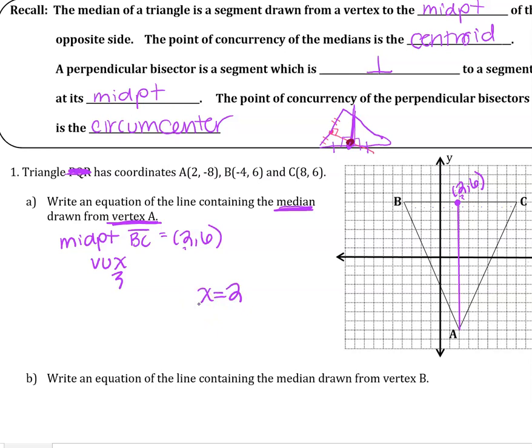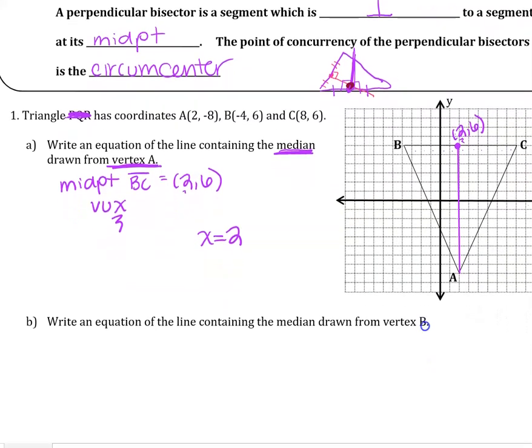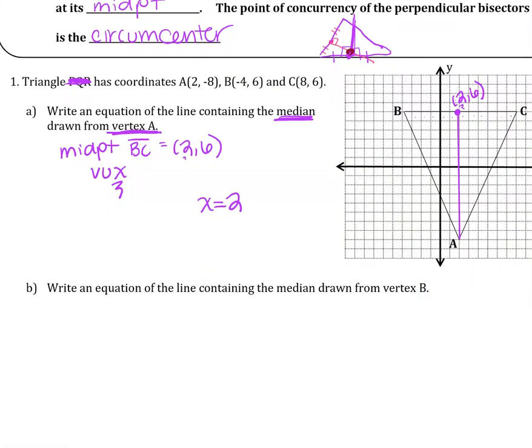So whenever you have a horizontal or vertical line, you're not going to be rewriting that with point slope form. You're simply just using HOY or VUX. All right, let's do the next one. Write the equation of the line containing the median drawn from vertex B. So if we're going to go from vertex B, that means I'm looking to the opposite side, which is AC. So I need to find the midpoint